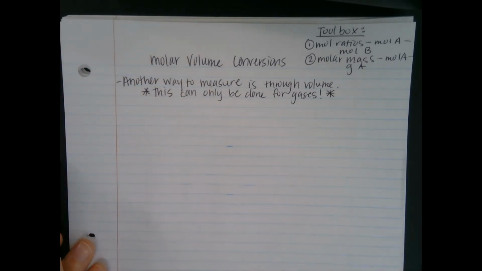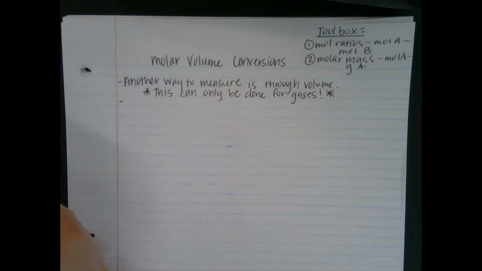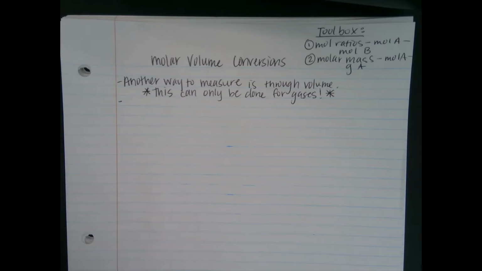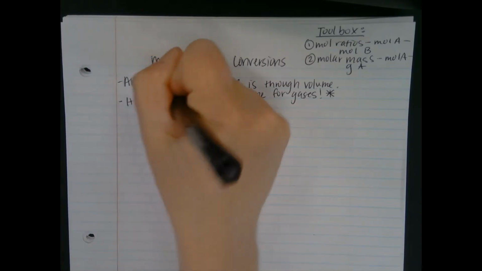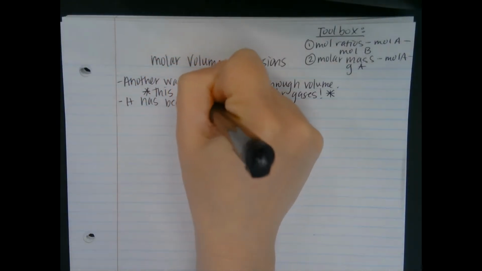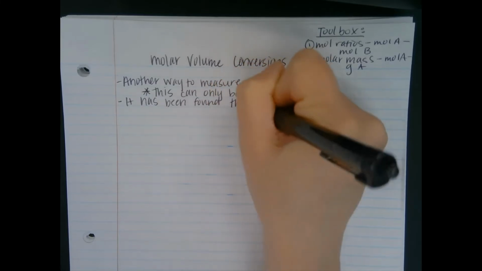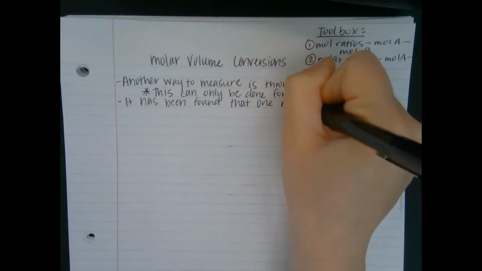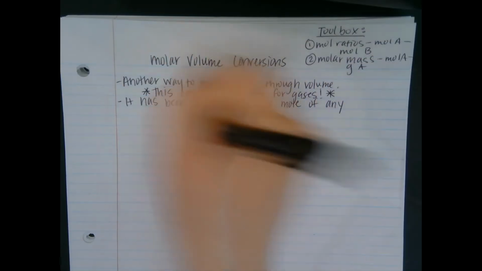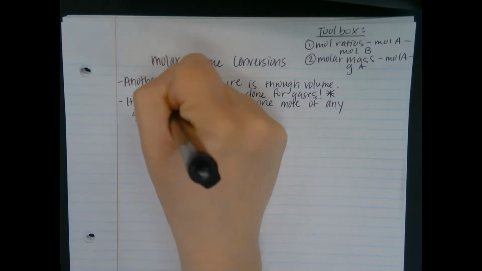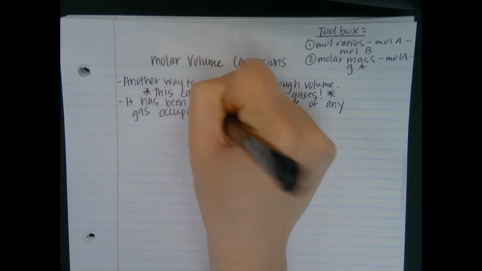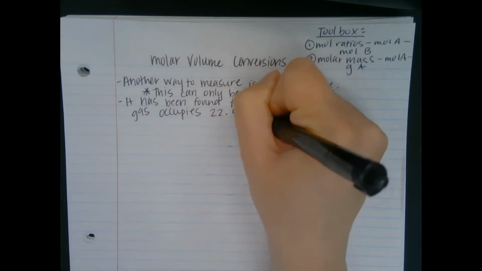Through experimentation and lots of experimentation, it's actually found that the relationship between the moles of a gas and the volume of a gas is a known number. It's almost like a constant, okay? So it has been found that 1 mole of any gas occupies 22.4 liters of space